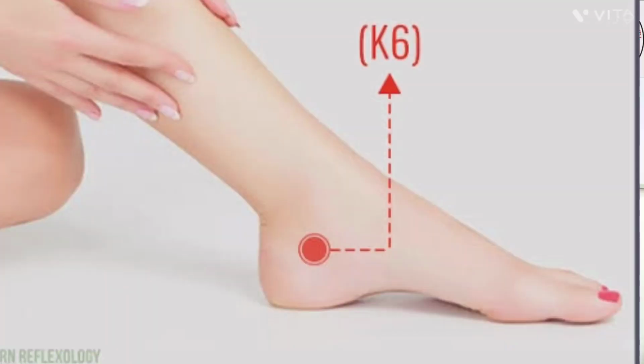Excessive menstruation, amenorrhea. Amenorrhea means absence of menstruation. Menorrhagia means excessive menstruation. Even in that condition, to control or regulate the periods, we can use this point. By the way, giving pressure will be helpful to treat numerous conditions. The K6 point is also a good point to treat bowel movement-related disorders, even constipation, and rectum-related problems can be treated by activating the K6 point.